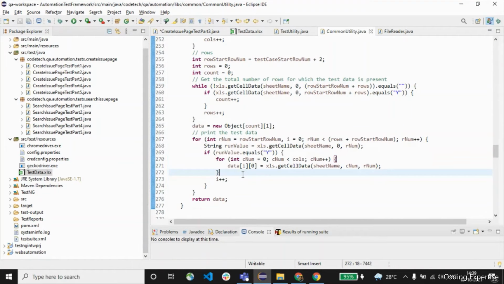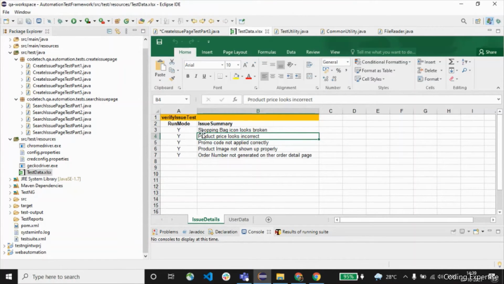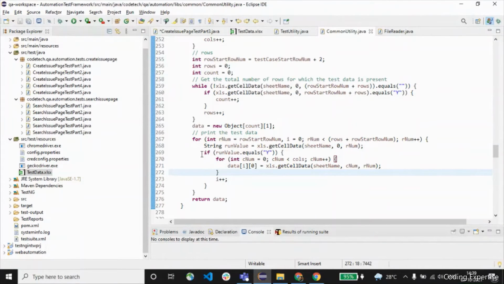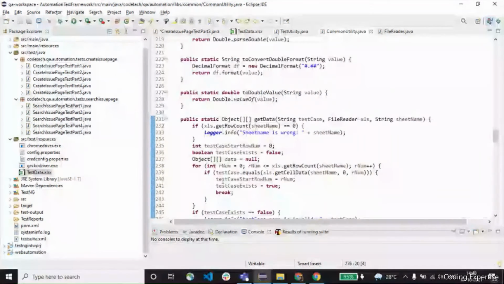It iterates over the exact rows and columns, and it tries to fetch the exact cell data based on this run mode, as I showed you earlier. If run value is y, it tries to fetch the exact cell data of that particular thing. Then that exact cell value gets assigned to this object array, and then it's being written over here.